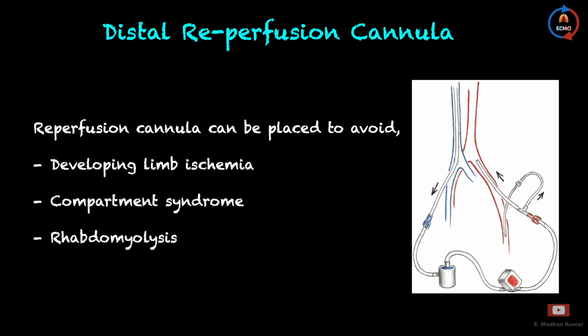Compartment syndrome occurs when excessive pressure within the muscles builds to dangerous levels, which can decrease blood flow to the nerves and muscle cells. Acute compartment syndrome is a rare complication of ECMO that could occur as a consequence of developing ischemia or reperfusion impairment of the limbs. Rhabdomyolysis due to peripheral ischemia can result in loss of limb, renal failure, or even death.